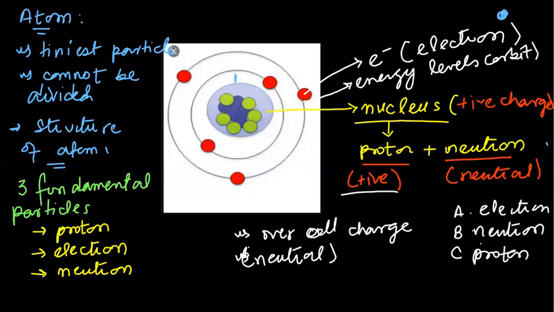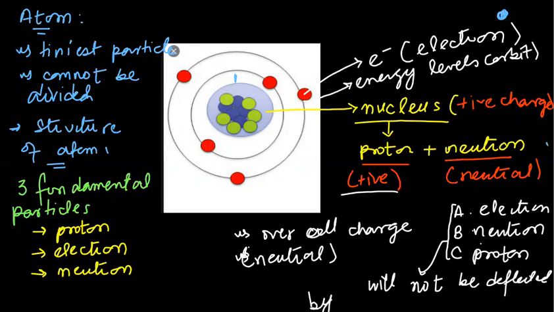And they will ask which one of the particles from these three will not be deflected by the electric field. You must have studied in physics that any particle which carries charge will be deflected by the